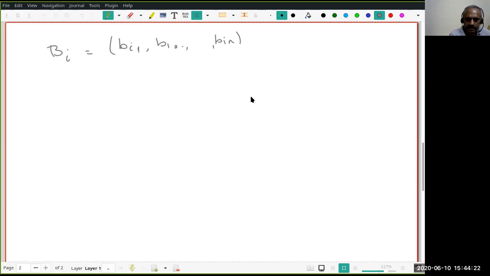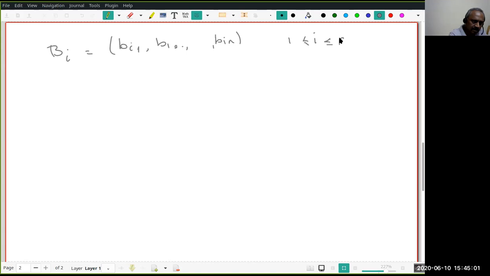Okay. So this is 1 less than or equal to i less than or equal to r. Now the trick is, look at any a_i, the ith row of the matrix A. It has to be a linear combination of the b_i's, because this is maximal linearly independent. Therefore, if I take any row vector a_i, it has to be a linear combination of these. Is that clear? So that's what we want to look at now.